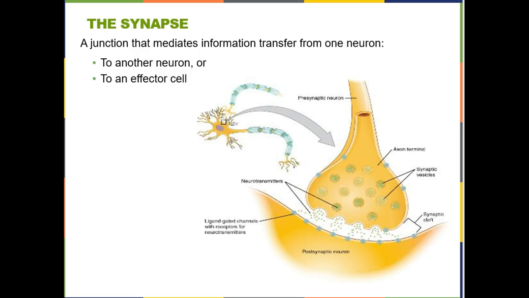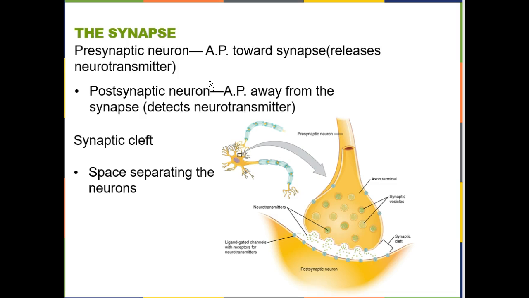So we start just by talking about synapses. This is anywhere where a neuron is communicating with another cell. So it could be a neuron talking to another neuron, or it could be our neuromuscular junction, which is a specialized form of synapse where the neuron is communicating with a muscle cell. There is some terminology that we need to become familiar with. Some of these terms we know already, like synaptic cleft is just the space in between the two cells in a synapse. But now we need to get this presynaptic neuron, postsynaptic neuron